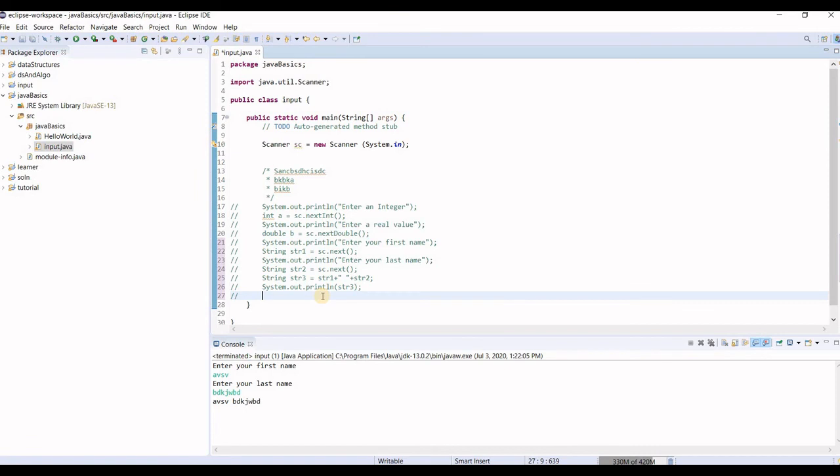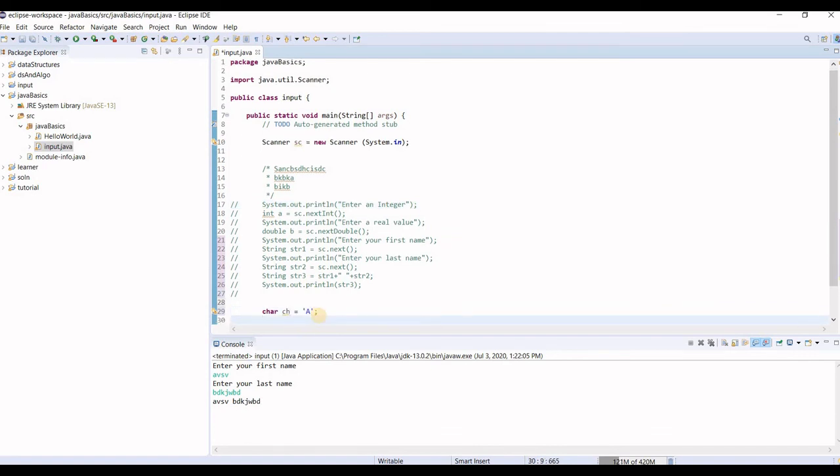Now we shall understand the concept of ASCII values. Now if I create a char variable, char ch equals to say capital A, we have to use these single quotes for a character variable and these double quotes for a string. If you are storing a string, then it should be within double quotes, while a character needs to be stored inside a single quote.